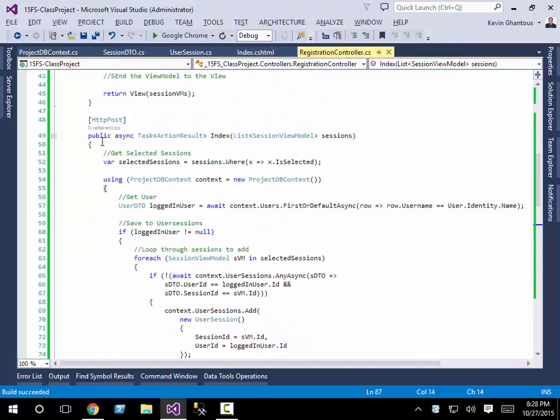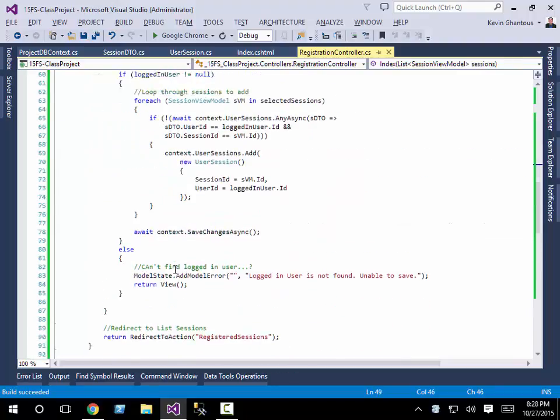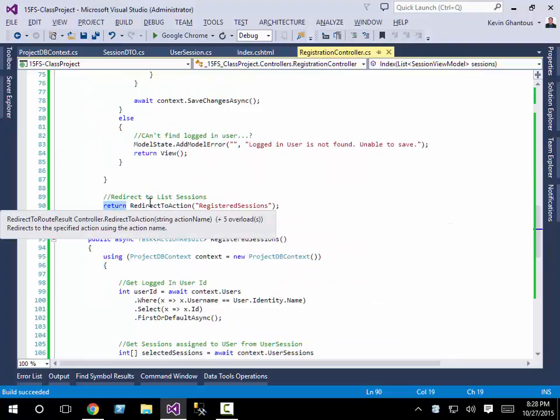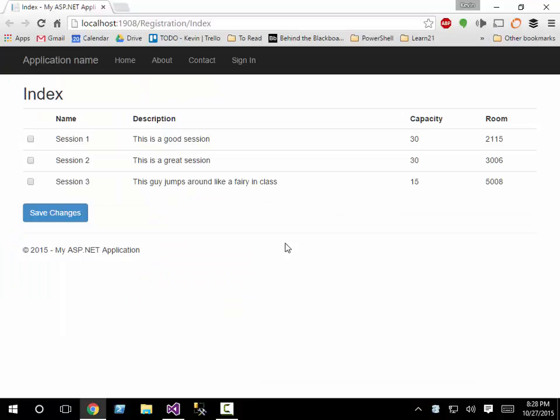So if you were following along the index postback, I forgot the word return on the redirect to action. So if we refresh,